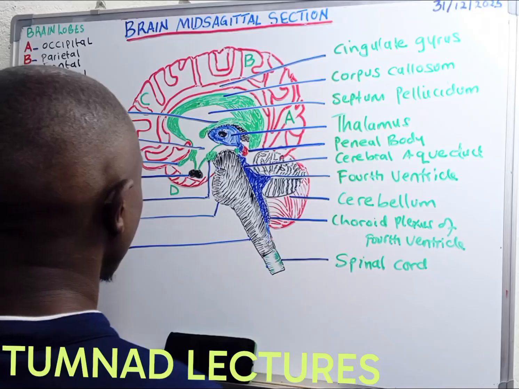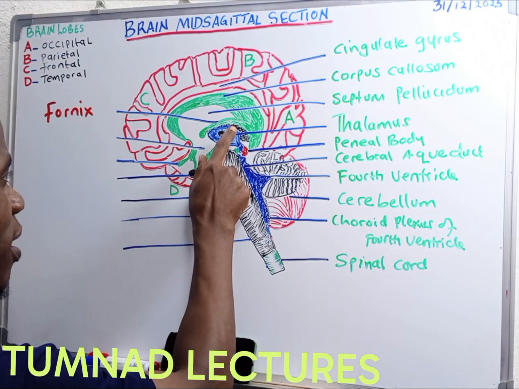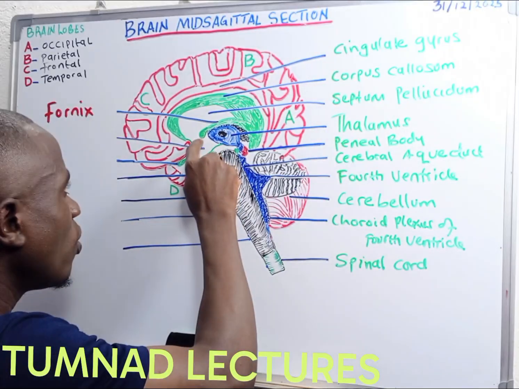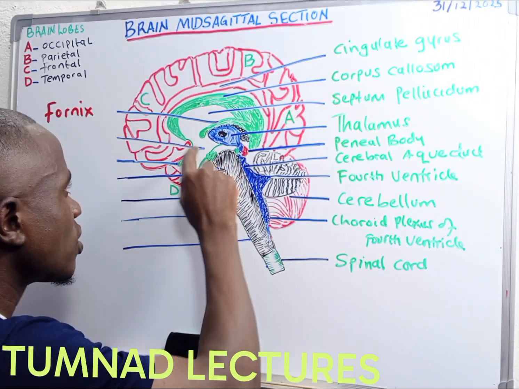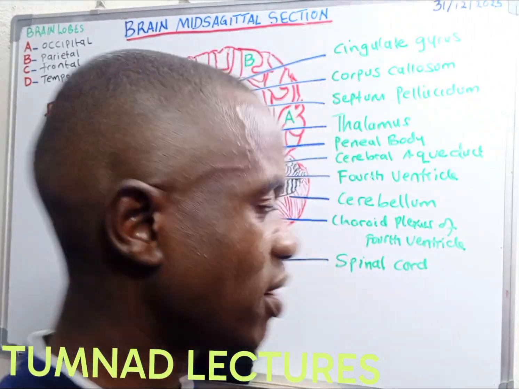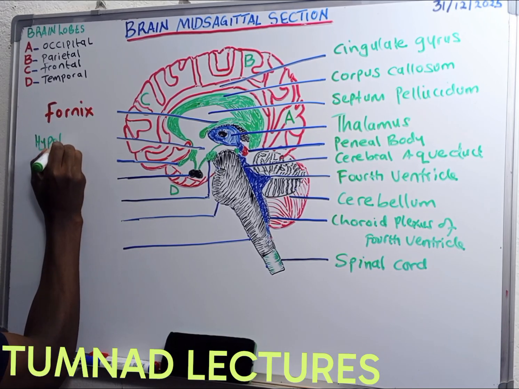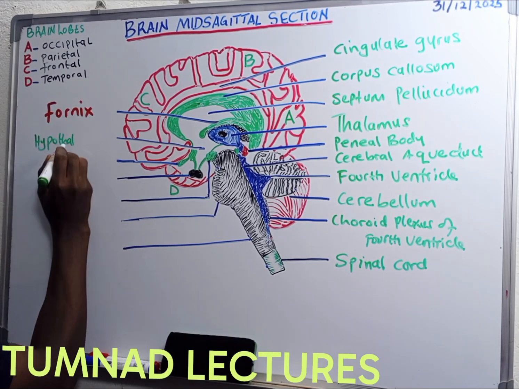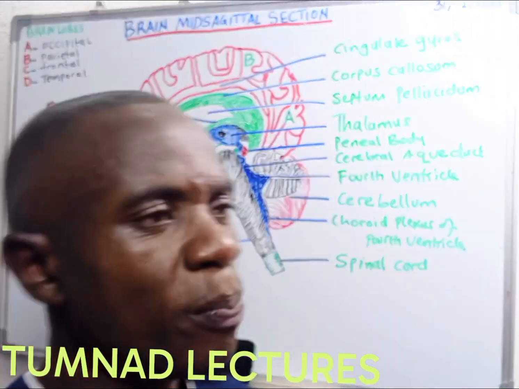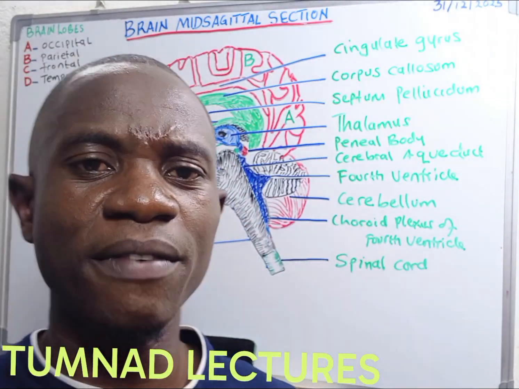It's very important. So we have said that this structure, which is just on top of the thalamus, is what we call the fornix. Then how do we call the whole of this space here? The whole of this space here is what we call the hypothalamus. The hypothalamus is very important in regulating a lot of autonomic functions,